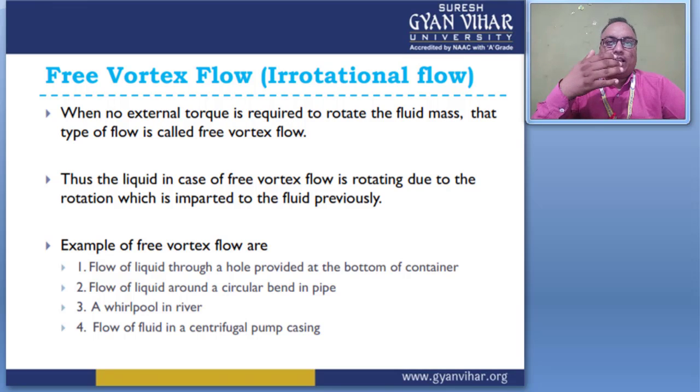At this low pressure region, fluid will automatically rotate, and this type of rotation of the fluid particles is called vortex flow. And the next best example is a whirlpool in a river,